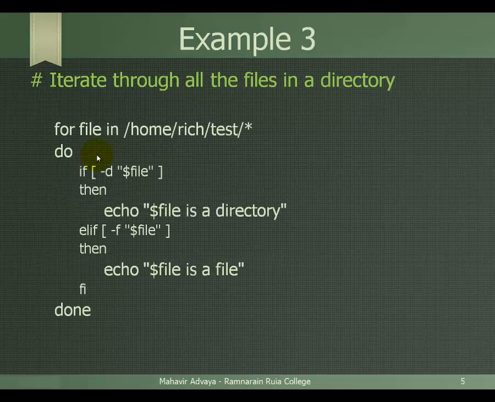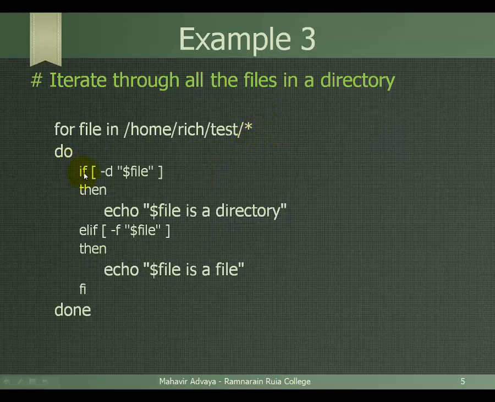One more example. In this we are iterating through all the files and directories. This is the home directory, within it there is a rich directory, and under the rich directory again there is a test directory. Star indicates all the files and directories in this directory, so all of them are considered in this for loop. Each file and directory name will be picked up one by one. File is the variable that will hold the value of each file and directory that is read from here,